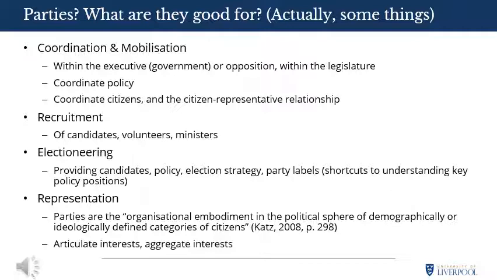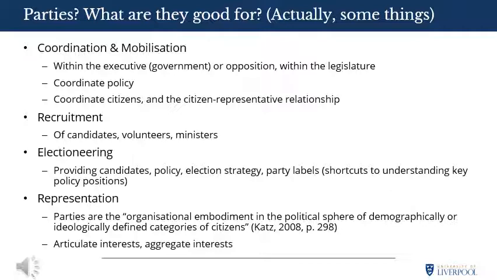Coordination and mobilisation. Political parties have numerous coordination functions. They're expected to coordinate behaviour within government or within opposition and within the legislature more broadly. Majorities, however, do not guarantee stability. Party whips help to make sure MPs vote the right way and make sure there's a punishment for those who don't. This is linked to the idea of political programme formulation, in that one of the key purposes of political parties is to create, present, and if they get the chance, carry out a programme of political action. That's not possible if the party is not coordinated at the legislative or the government level.